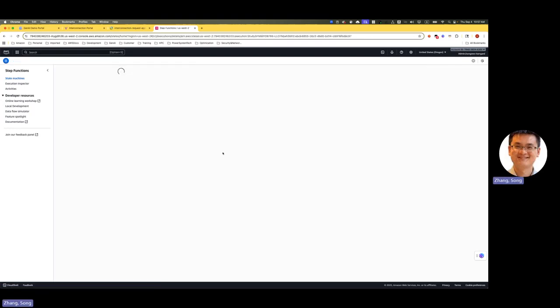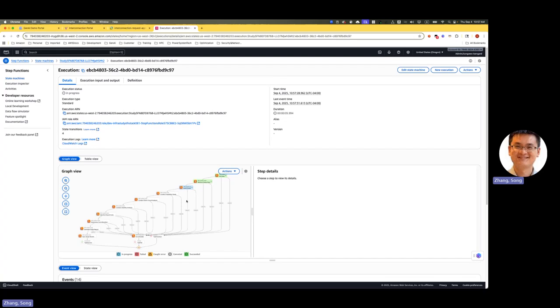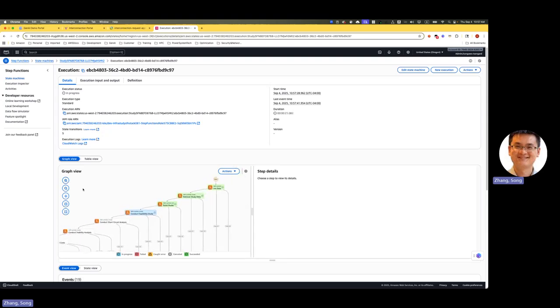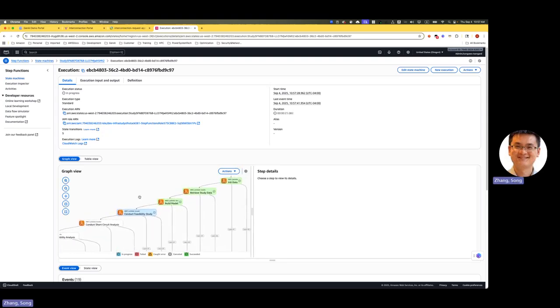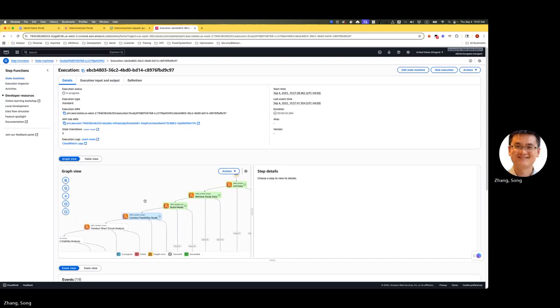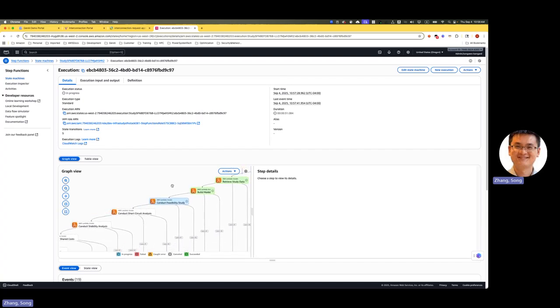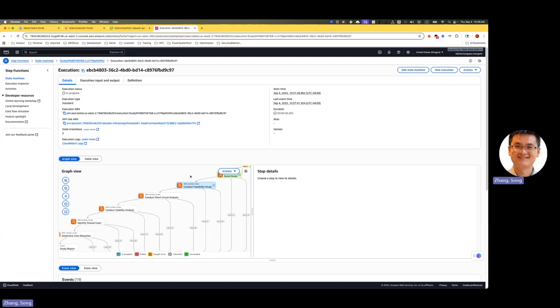The workflow can be empowered by HPC to accelerate those complex engineering study tasks. As you can see, the execution is in process. If we amplify it a little bit, you can see that this state machine is comprised of a number of study steps, from data initialization, model building, model validation, to the